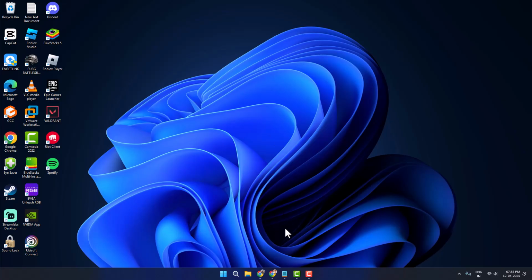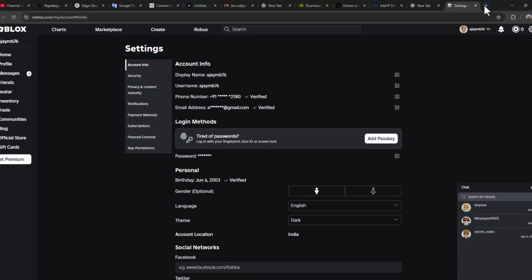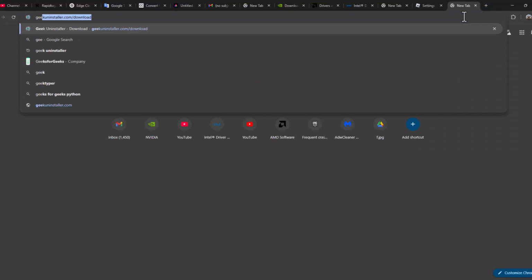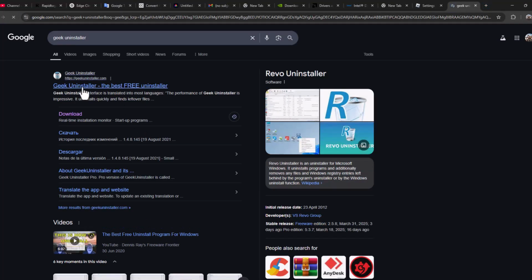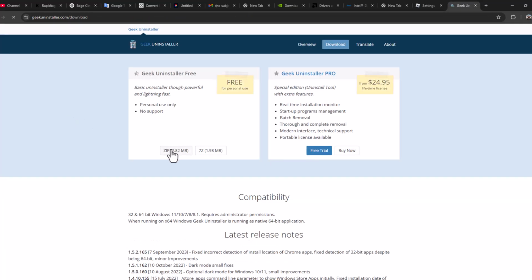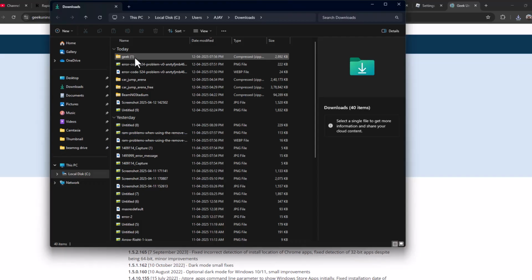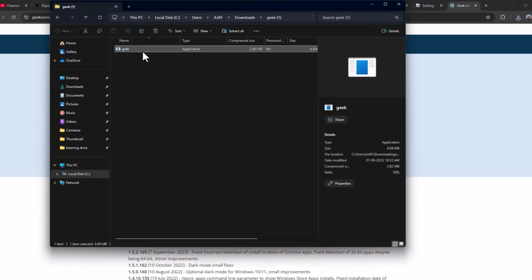If not, Method 5: you just need to open up Chrome and search Geek Uninstaller. Select the download option under geekuninstaller.com. Select the zip and download it. After it gets downloaded, select this folder icon, double click on the zip file we downloaded, double click on the application,